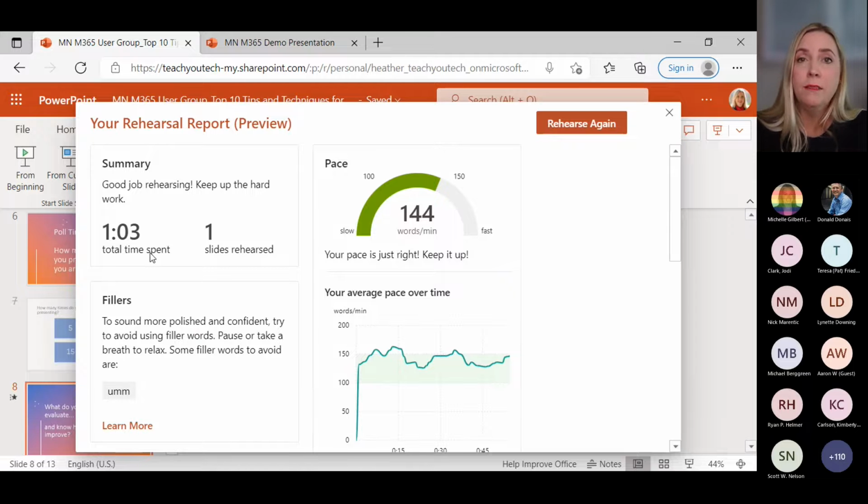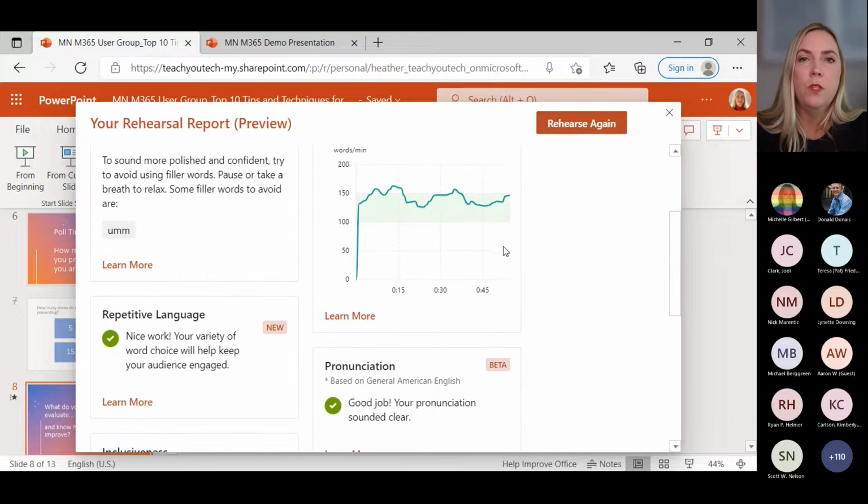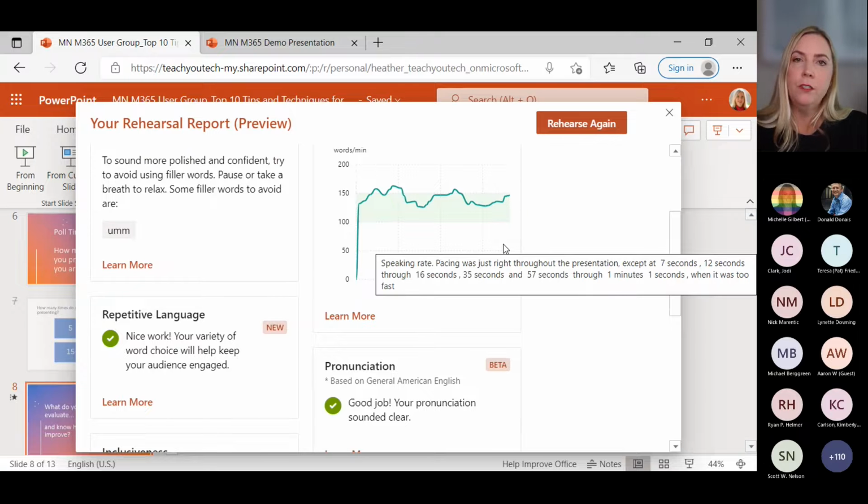So if you're time boxing, you want to better manage your estimations of how much time you spend on each slide to make sure that you don't go over time. This is a great way for you to look at that and see, are you coming in at those estimations or not? Those filler words, what your pace was overall, your average pace over time. So where were you speaking a lot faster, maybe getting nervous about something, or where were you speaking a lot slower and maybe explaining something too much?